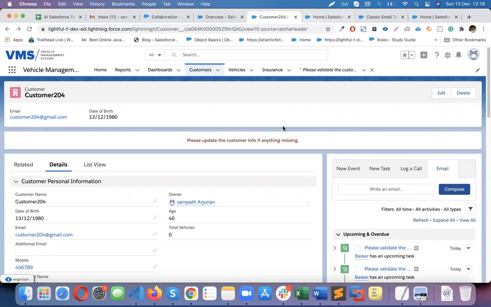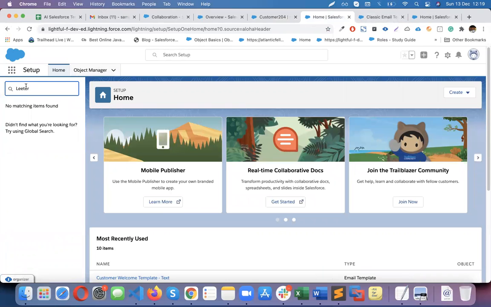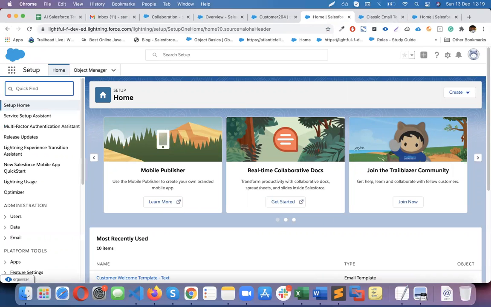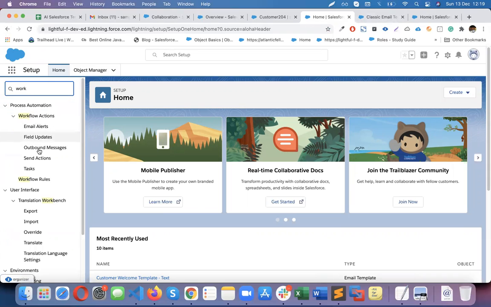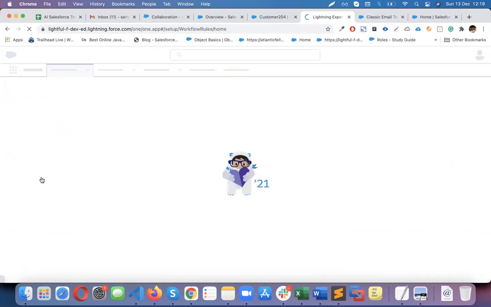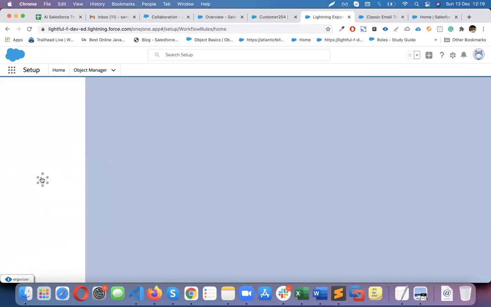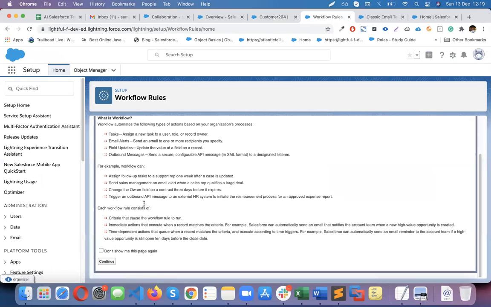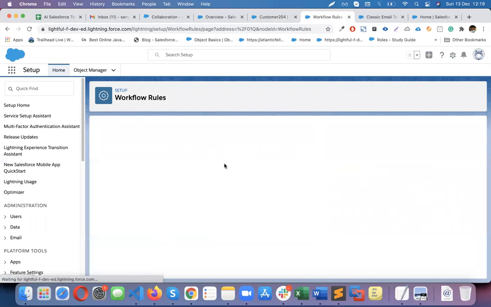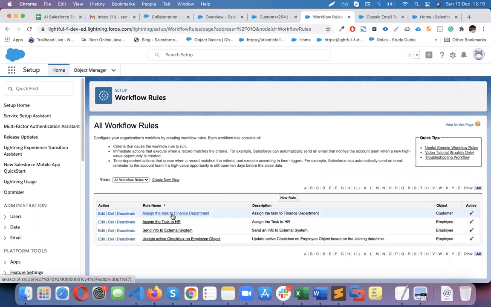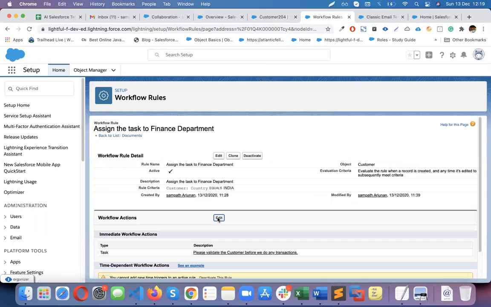Now, if you want to automate it, again, we don't want to send manually, just like how we assigned the task. Same way, if you want to automate it, it's simple. So I will go back to the same workflow. Edit.